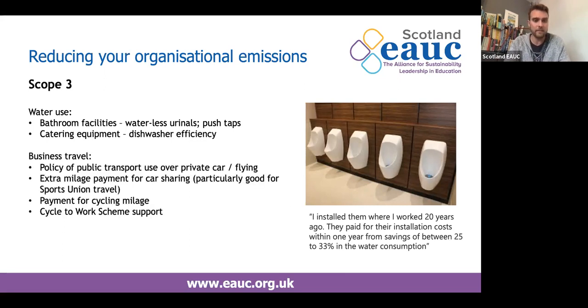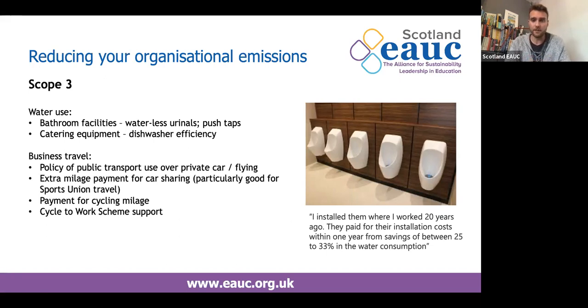Then more widely looking at business travel, do you have a union policy on supporting business transport over private car use or flying? Quite a few organisations now are starting to ban in-UK flying, for example. Zero Waste Scotland is a great example where they've actually said we're not going to fly anywhere in the UK unless you have to go to the islands, I think. But equally, they'll get the train as far as Brussels and Paris because they recognise the impact of flying.